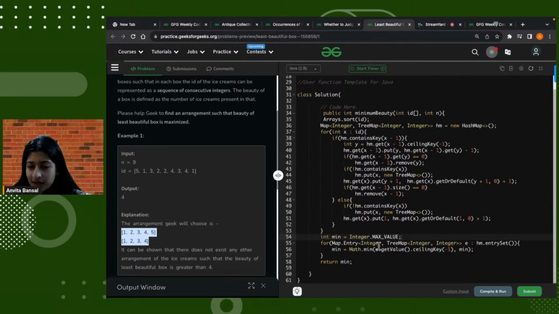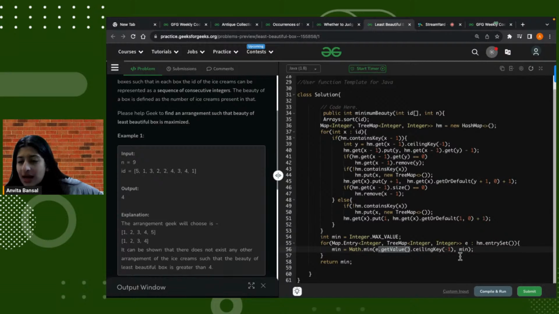Now for Map.Entry, where the map is of type Integer and TreeMap, e belonging to the map, we are iterating over each entry set, right? For each entry set, minimum equals Math.min(minimum, e.getValue().ceiling(-1), c). What we are doing is, each entry set is associated with a tree map as its value. So minimum will be stored with what e.getValue() gives you, a tree map, .ceiling(-1). That means the next consecutive element from which my box must be starting, that value,